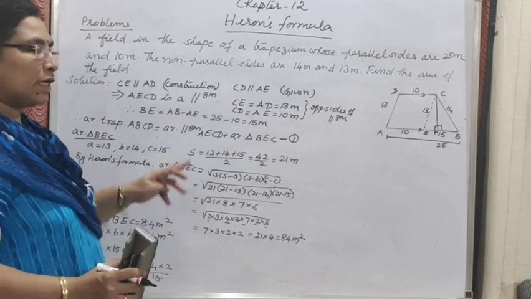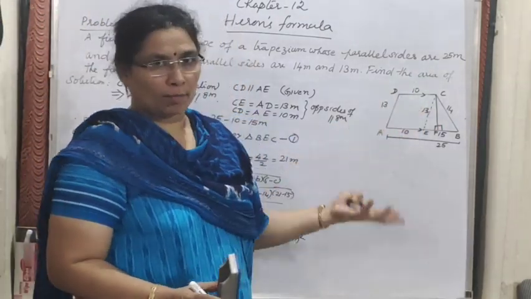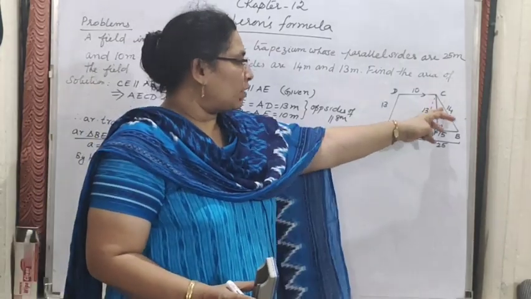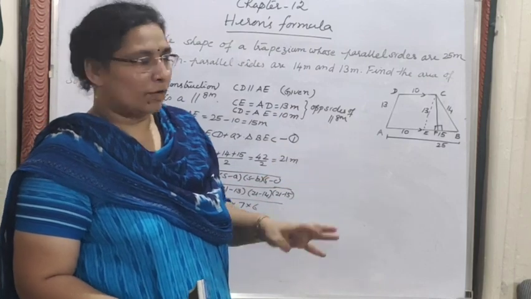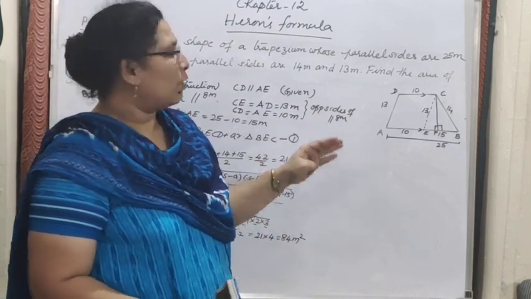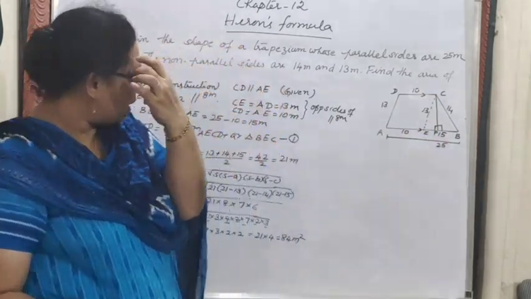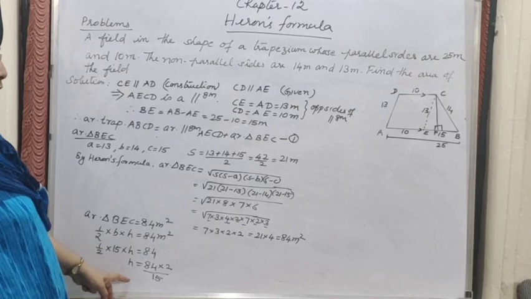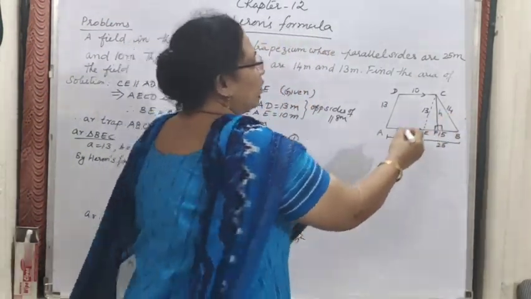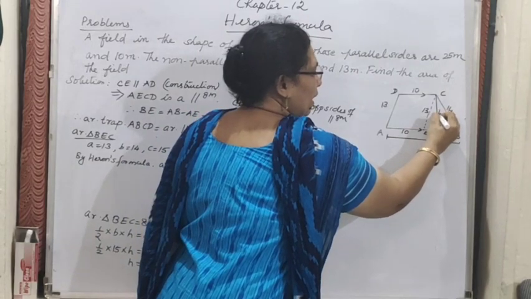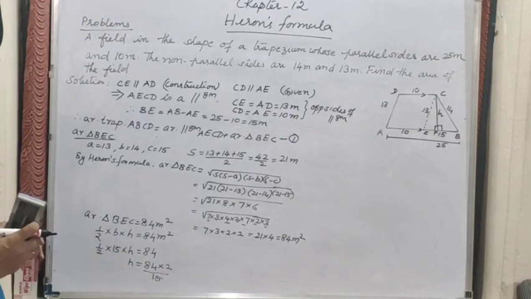This height of the perpendicular is the same for the parallelogram also, right? Because that is why we are using it here. So we have drawn the perpendicular line from C, or you can draw it from D also, but here we know the area of the triangle, so we are using C only. So CF we had taken, H means that only, so I'll write H here. Don't confuse, many letters are there in the figure. So H is equal to 84 into 2 by 15.